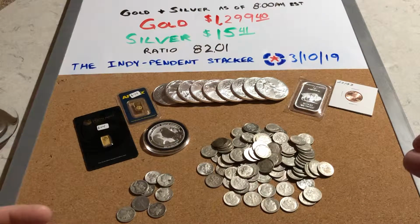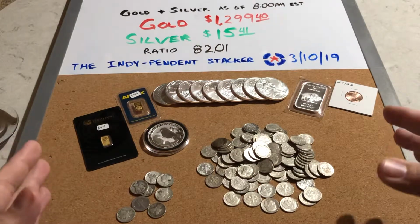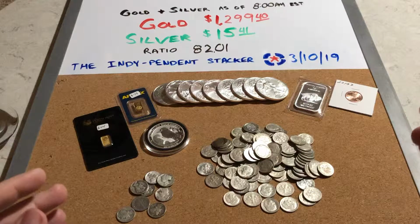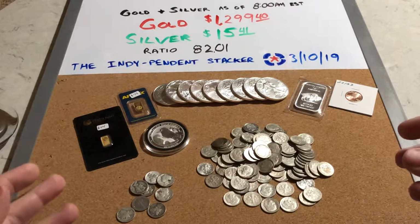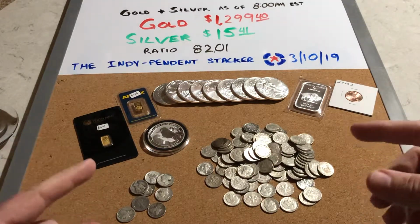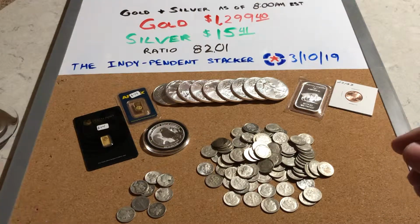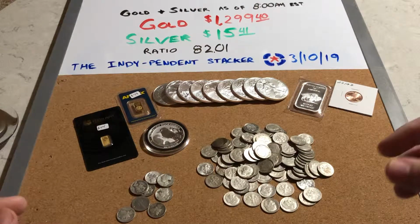So I went in today with $400 cash in my pocket. I had a list of things that I was really wanting to get accomplished as far as what I was looking to buy, and I actually hit all of my goals. Everything that I wanted to do today, I ended up getting done. So we'll jump in real quick, and I'll go through these actually in order as far as how